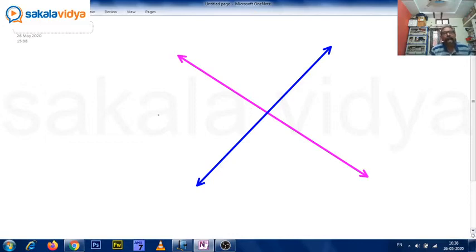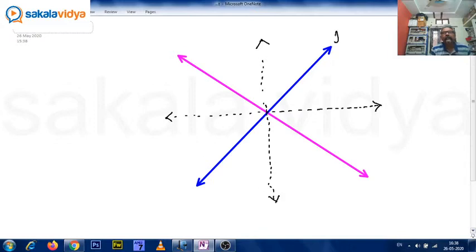For example, this is a line bisecting the angle between these two lines. This is another line bisecting the other angle, dotted lines. Okay, for example, say this is L, this is M. Say this line is P, this line is Q, where